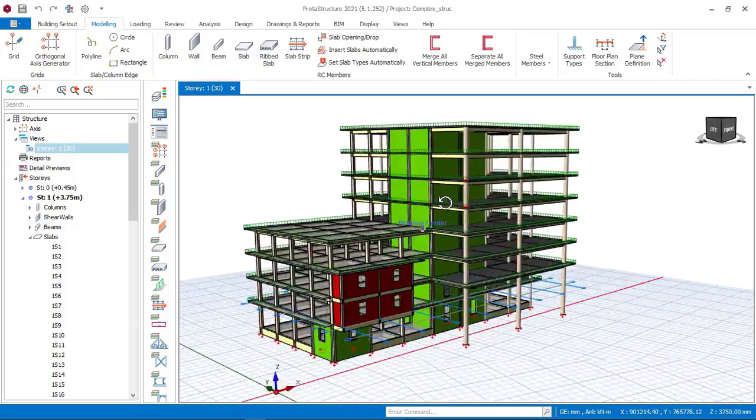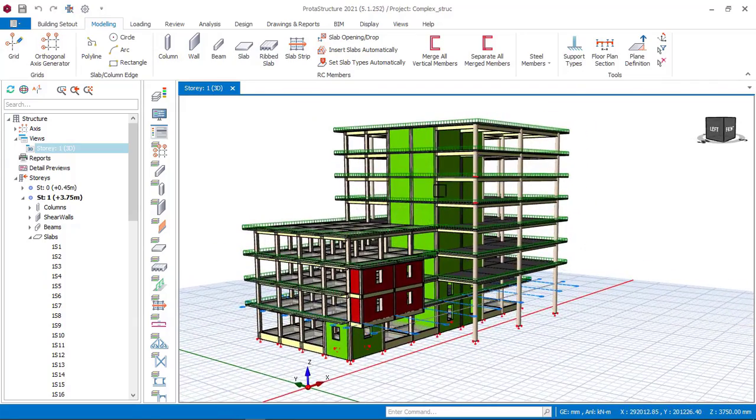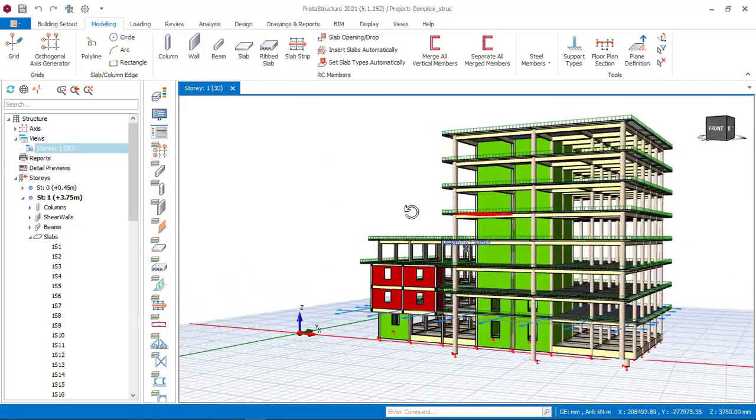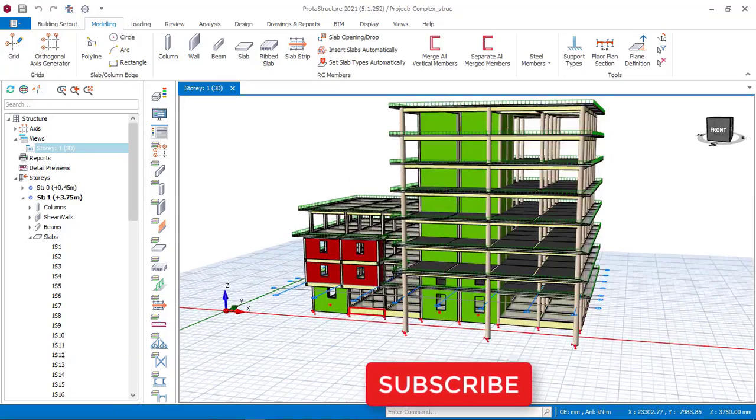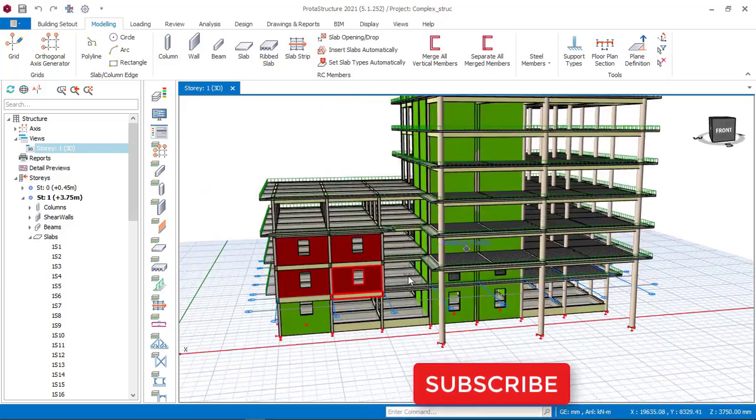Okay, so today I'll be showing you how to design this 8-story office building right here in Prota Structure, and we will start from scratch, which is start from modeling and then up to the design stage right here in